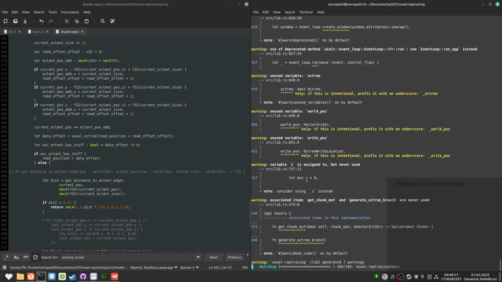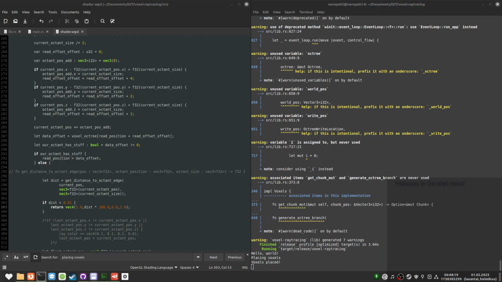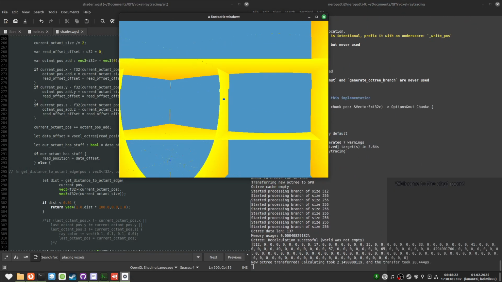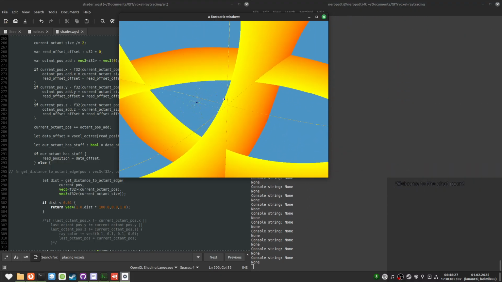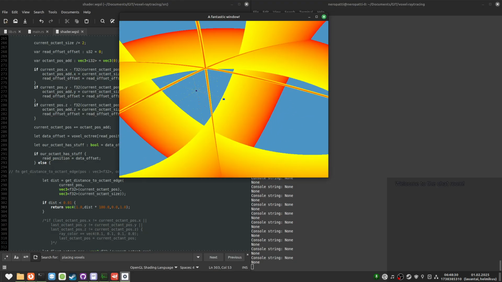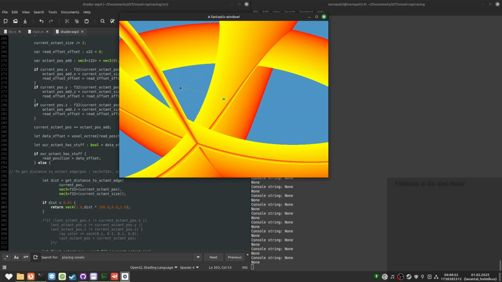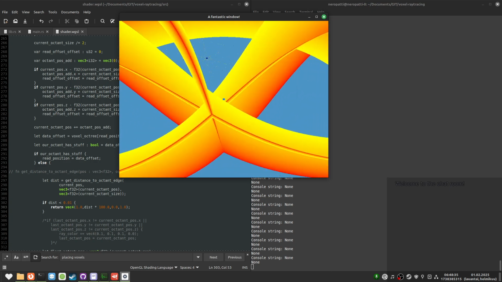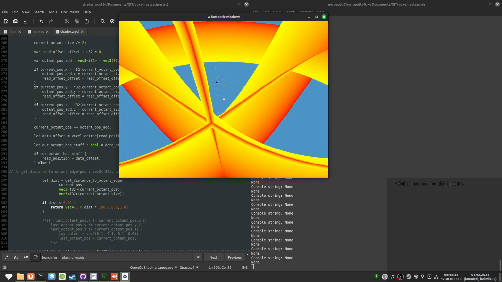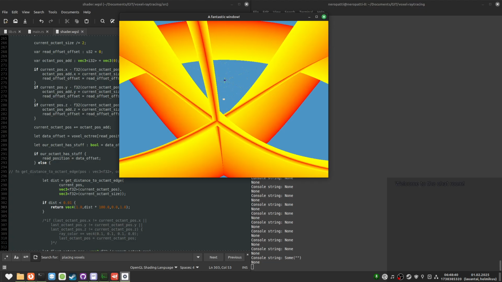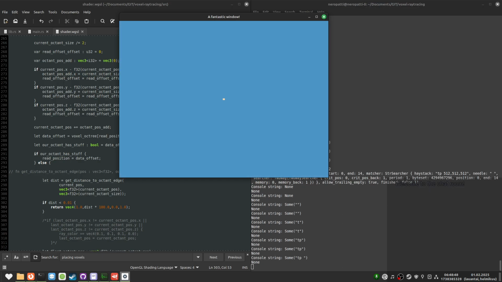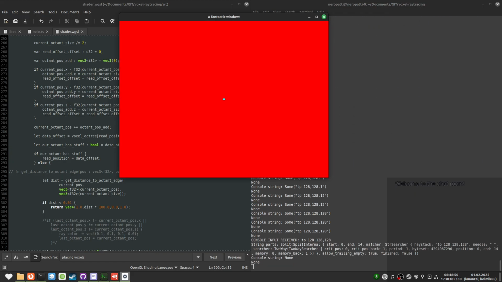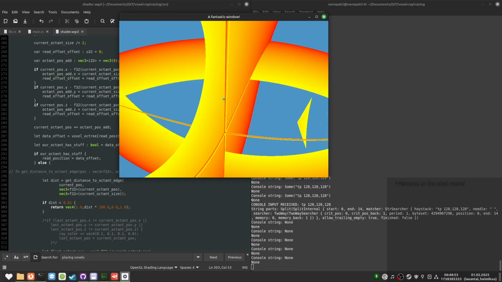I want to see this with different colors. Oh, it's yellow. Well, whatever. Why? Or inside of the line.